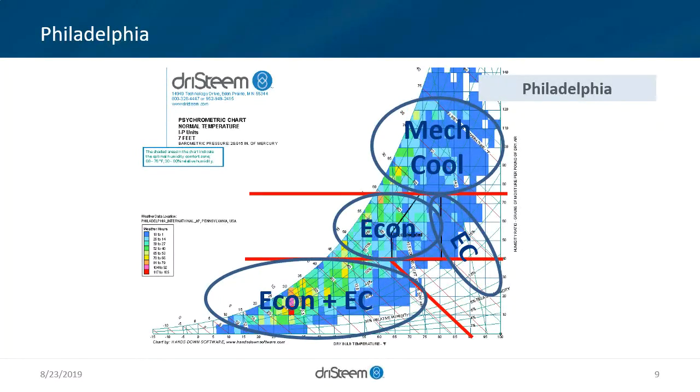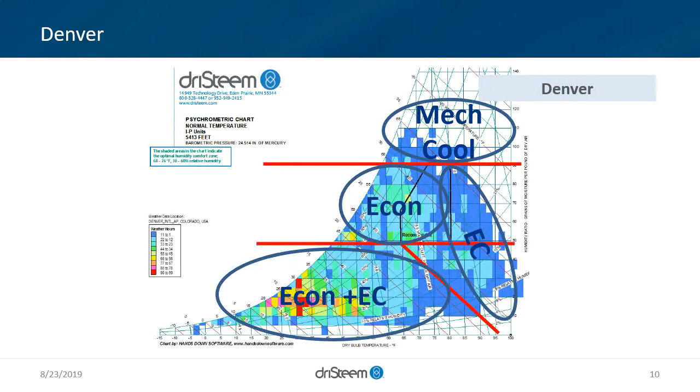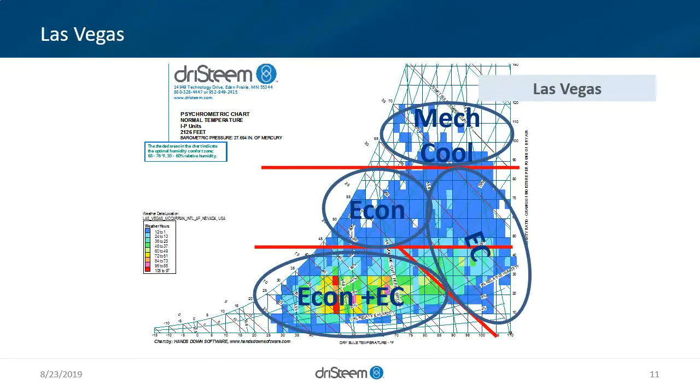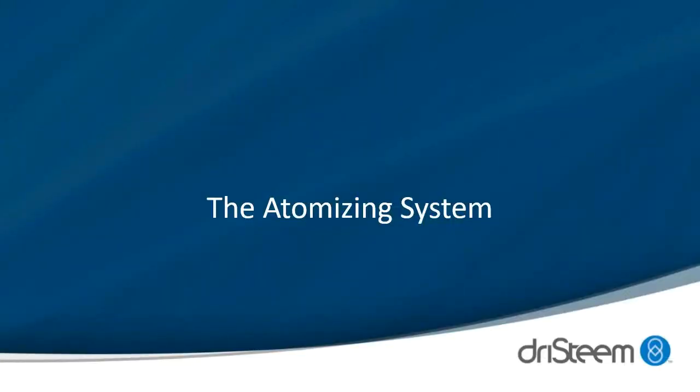So some examples, from a psychrometric chart perspective, of how many hours of operating time, if we're looking at outside conditions, apply and what technologies. So anywhere from Philadelphia to Denver, and then leaving the best for last, Las Vegas, in the sense of really the most, out of those three, the most applicable outside air conditions that can utilize evaporative cooling. So now that we know that, it's not necessarily geography based and it can be application based, in addition to